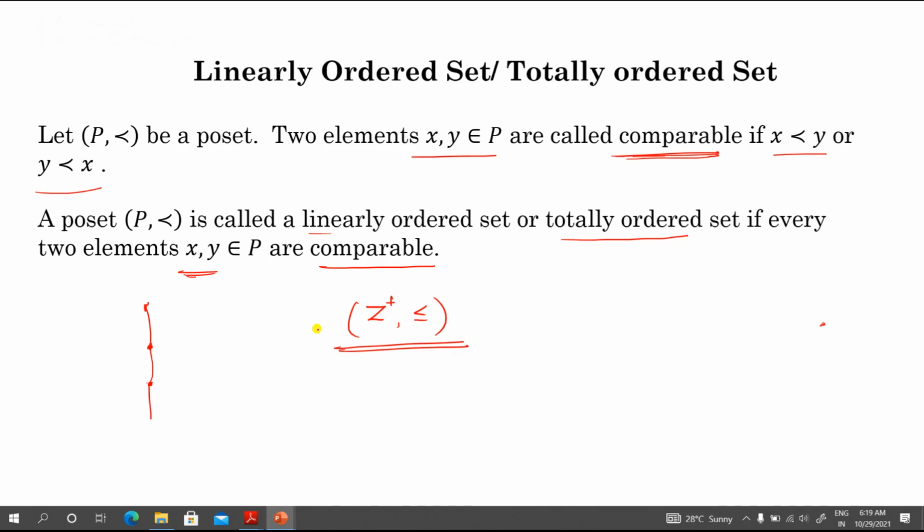So Z plus with the relation less than or equal to is a linearly ordered set, or you can say totally ordered set. It means a total order, or a linear order, is there. Remember, this set is also an infinite set, and this is a linearly ordered set.